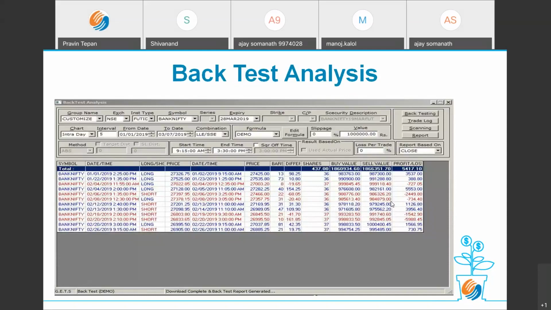You can choose the combinations, the start date, end date, and accordingly it will give you the backtest analysis with not only the buy price and sell price, but also the profit and loss, date, and time at which it entered. So every small detail will be captured in the backtest analysis.